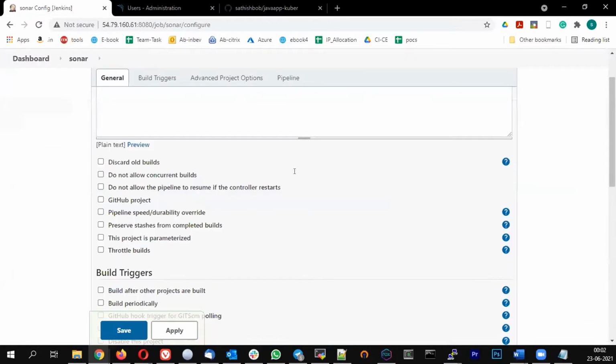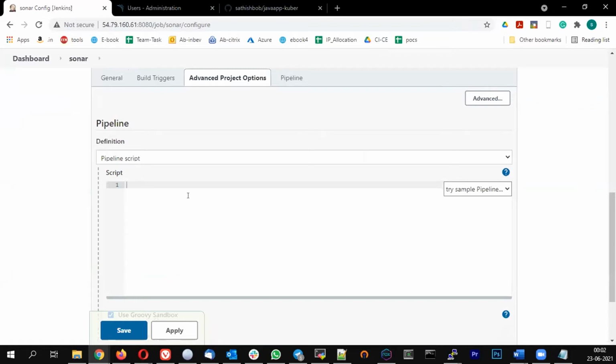So let me start writing the pipeline. Any agent, tools. So here I just need the Maven. The stages. Git full,